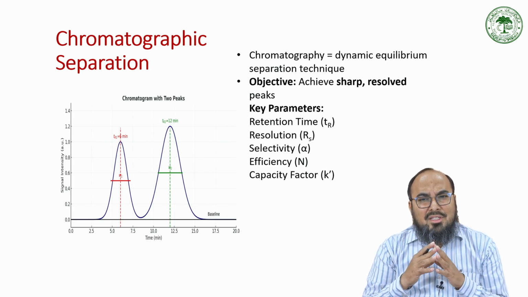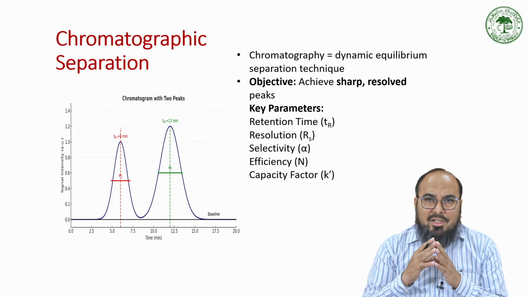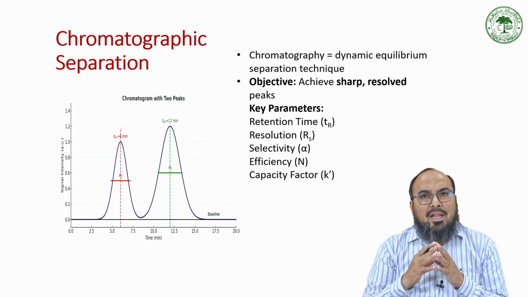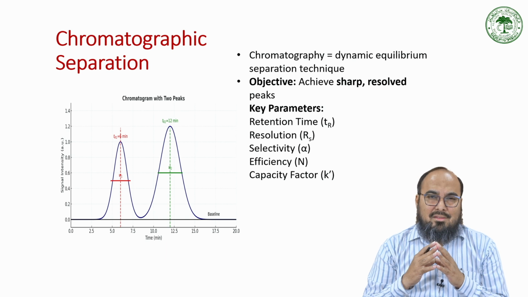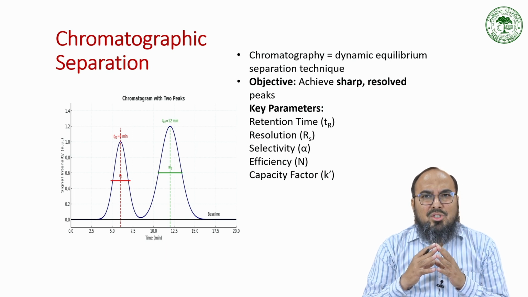Because of the difference in migration rate, they elute at different times, which is detected by a detector in terms of responses as peaks, and that chromatogram is the pictorial representation of peaks of various constituents